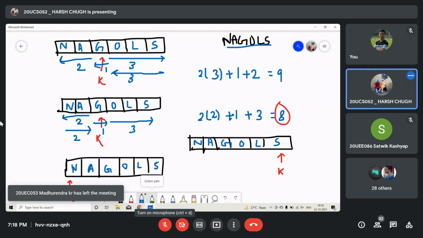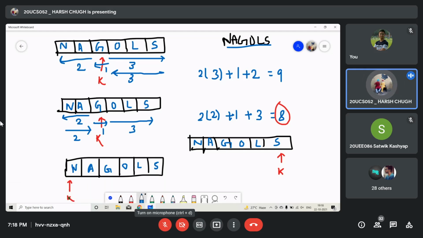So you can think of these 3 cases. If the k is at the leftmost position, you just have to move right and print the letters stepwise. So this is our case number 1. Now if the k is at the rightmost position, what you have to do is just come left and print the letters accordingly. So this is the second case. Third case is the general one. In the third case, the k is not at any of the extreme positions. It is not at the leftmost position, it is not at the rightmost position. It is somewhere stuck in the middle.